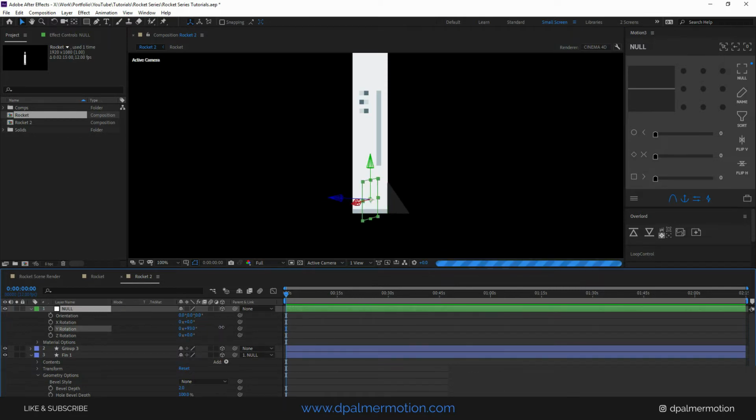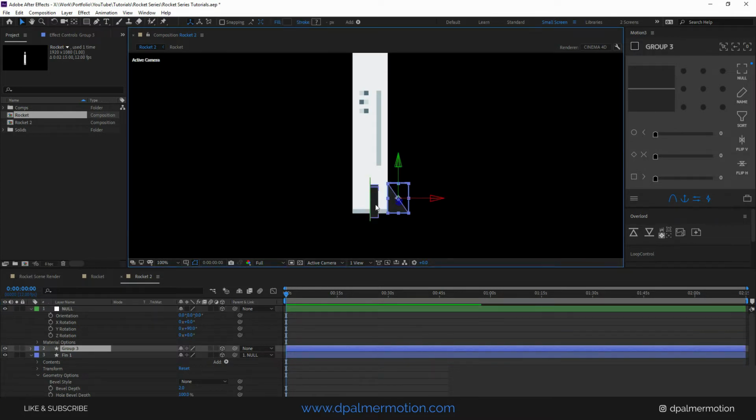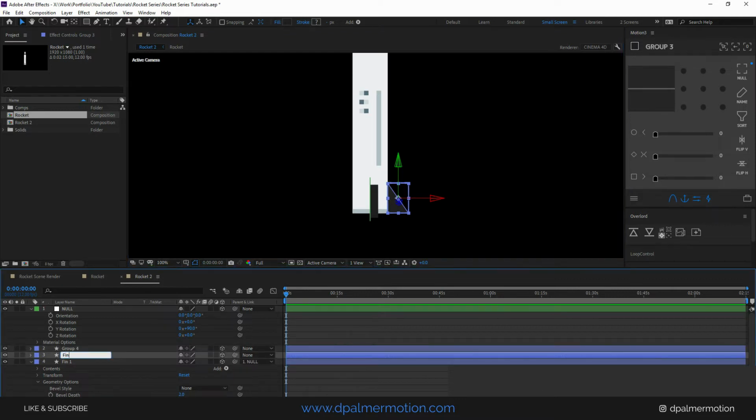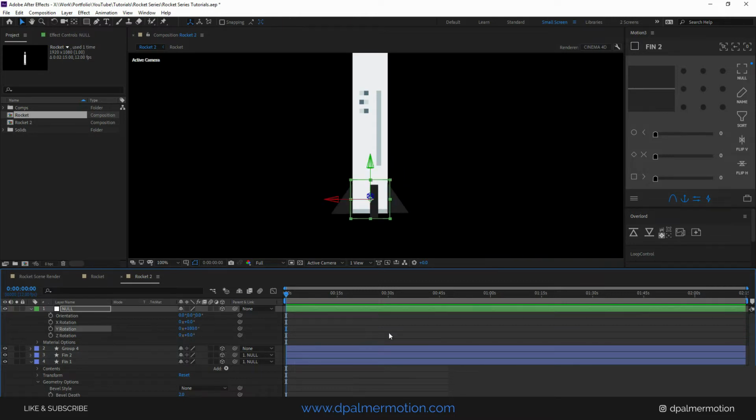I'm going to rotate on the y-axis and we'll push this around 90 degrees. So the original fin is parented to that null, but this one's left here. So what we're going to do is duplicate it, name this one fin 2 and parent that to the null. Again, push it around an extra 90, and what you can do is add maths into this text box here. So it's 90 plus another 90, and it will just push both these fins that are parented round,